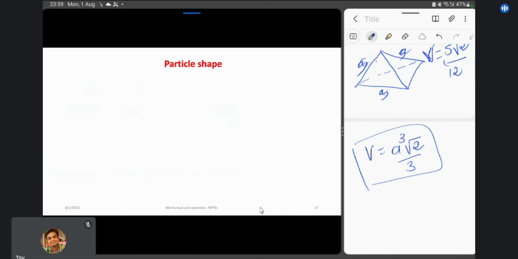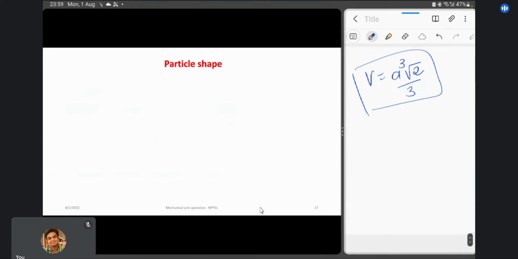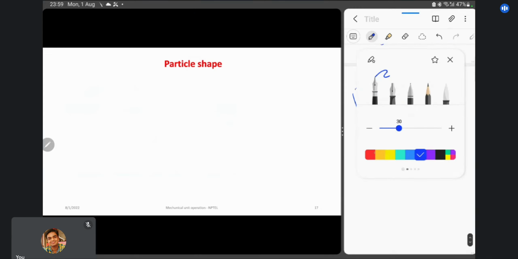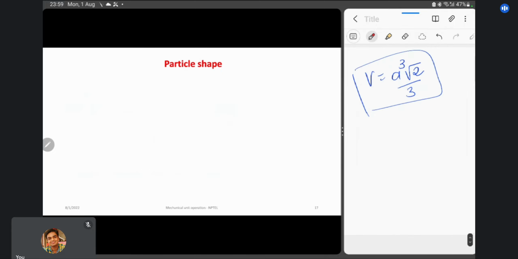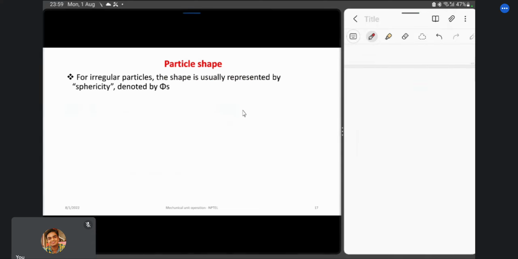Now this is all about the particle size. Now if we want to discuss the particle shape, the main thing we need to understand is that a particle doesn't have any regular shape. So that's why we need to consider every irregular particle as a particular shape, and here also we are using spheres. So from the sphere we will use the